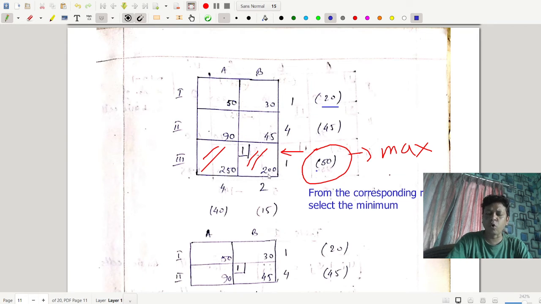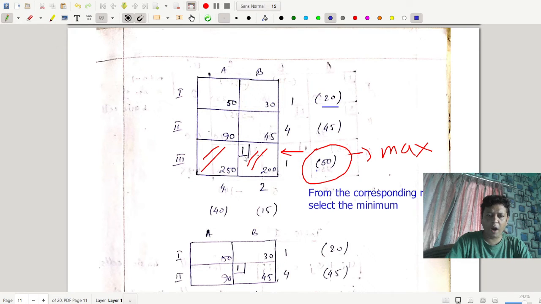So along this row, select the minimum element, that is 200, that is the minimum cost actually, and put the cell in the 3, 2 position. So it is the 3, 2 position, third row, second column position. In this cell, the availability is 1 and demand is 2.